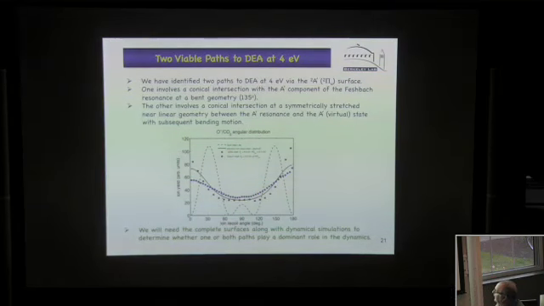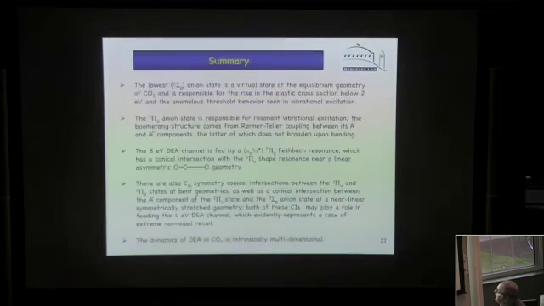Okay, so we've identified two viable paths to dissociation at 4 volts. The semi-empirical axial recoil model can't distinguish between the two, and both of them are viable paths that seem to agree very well with experiment. In order to complete this picture, we're actually going to need the complete three-dimensional surfaces for all these negative ions and do detailed dynamics to determine whether one or both of these paths are playing the dominant role.